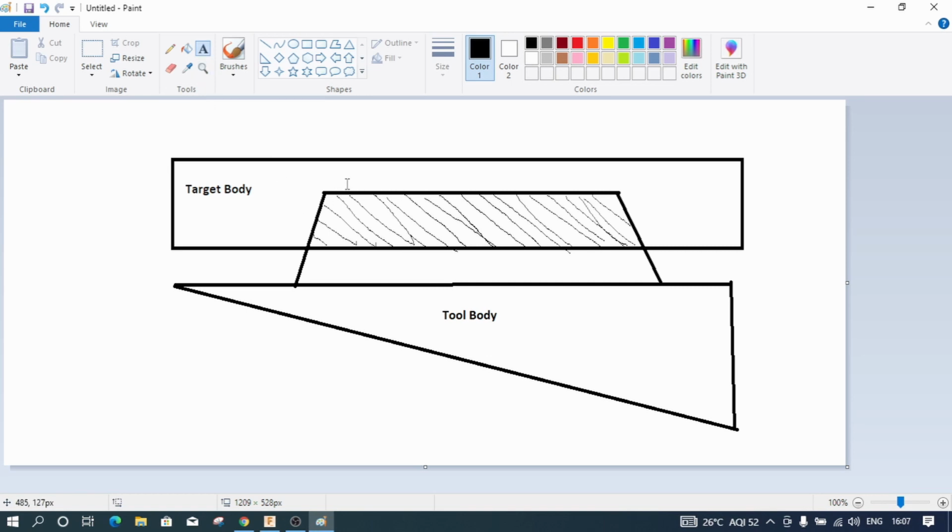So what we are trying to do is, I want to remove this particular material which is being highlighted. I want to remove this particular material inside of the body so that I will get a cavity. And at the same time, I also want to retain this particular body, and I want to retain the tool.